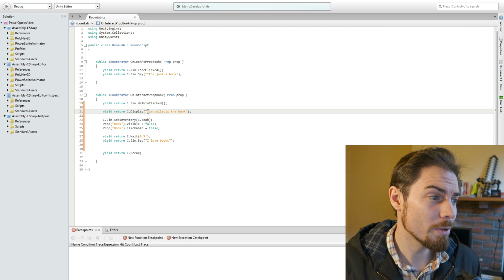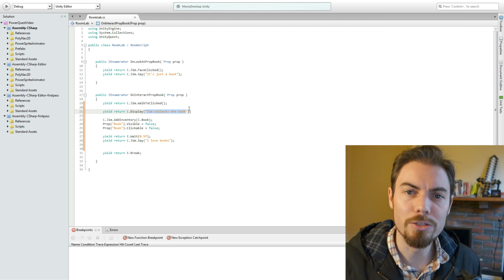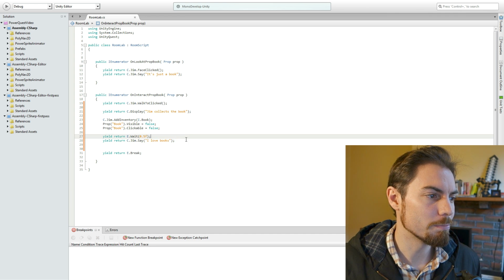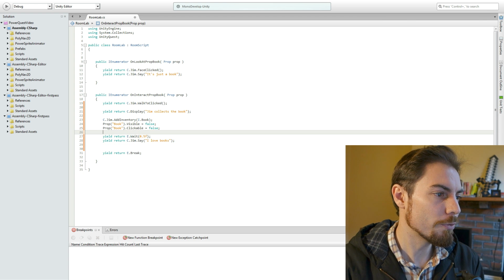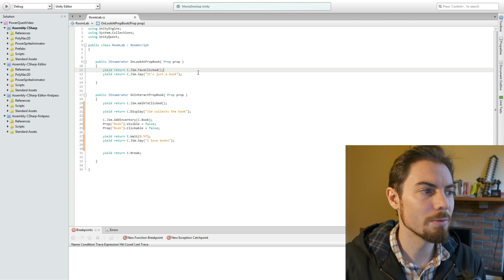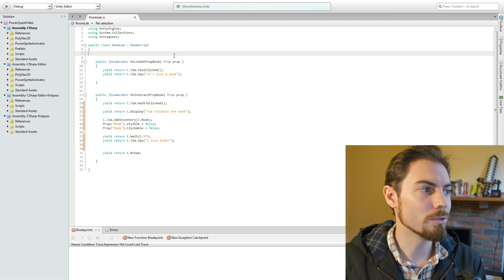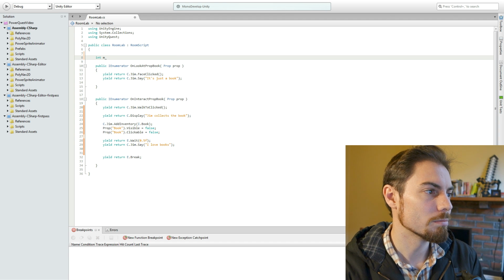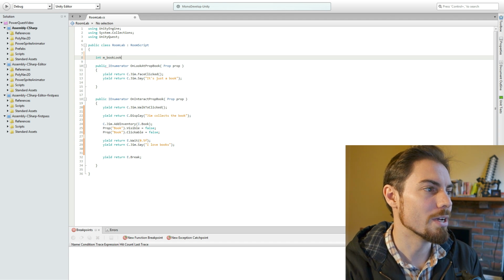But for the most part, it's pretty nice writing little interactions just like this, because it means you can very easily put in stuff like, okay, the first time he says it's just a book, but the second time maybe he says, actually, it looks like an interesting book. So I could just add an integer variable, book look or something,